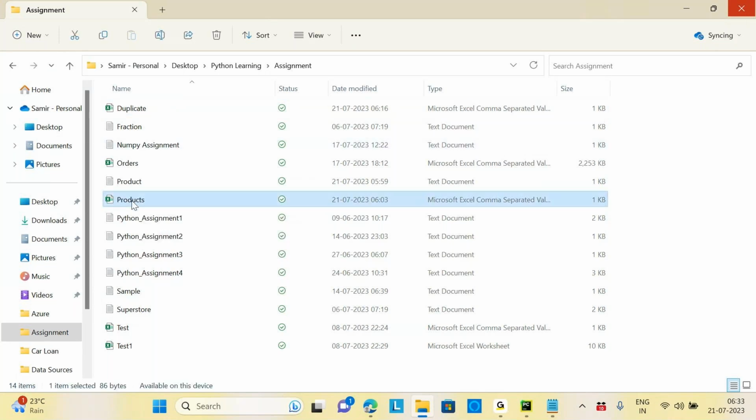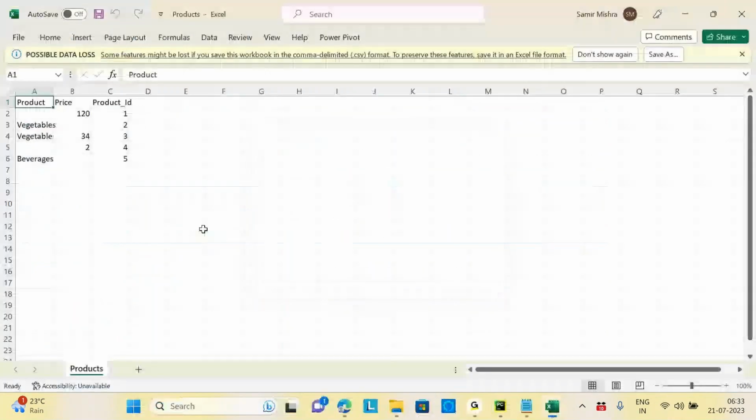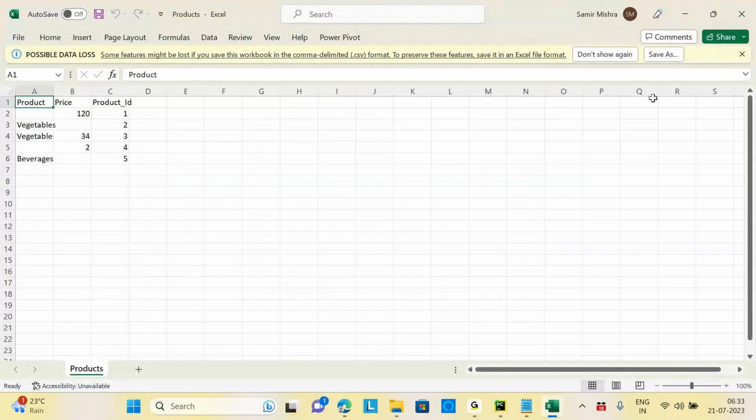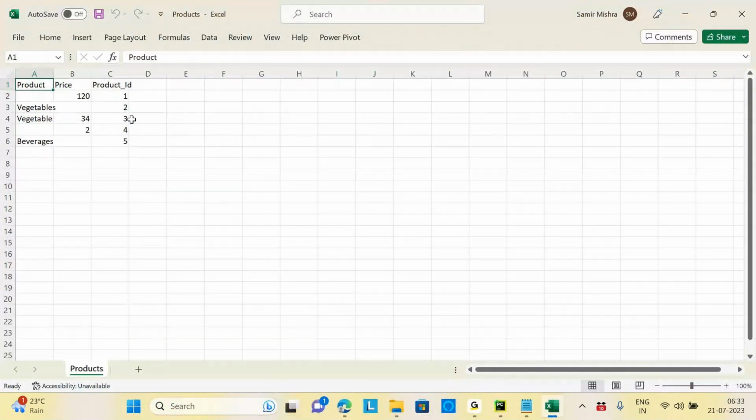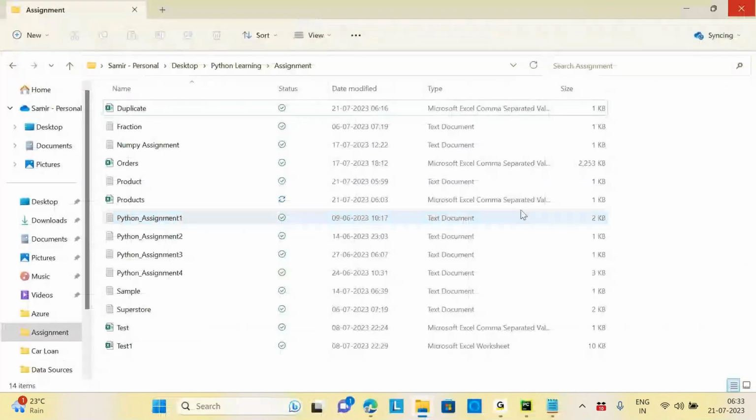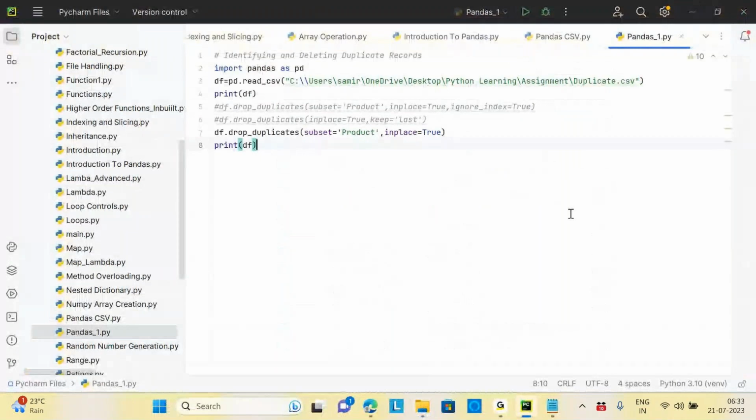Open that. I have just created a couple of columns in the product, very simple data to understand the concept. So you have different products and some data are blank or missing. Some data are missing because I don't have such information. It is possible some data will be in the missing information. So now let's try to load this file into Python and see how we can handle the missing data